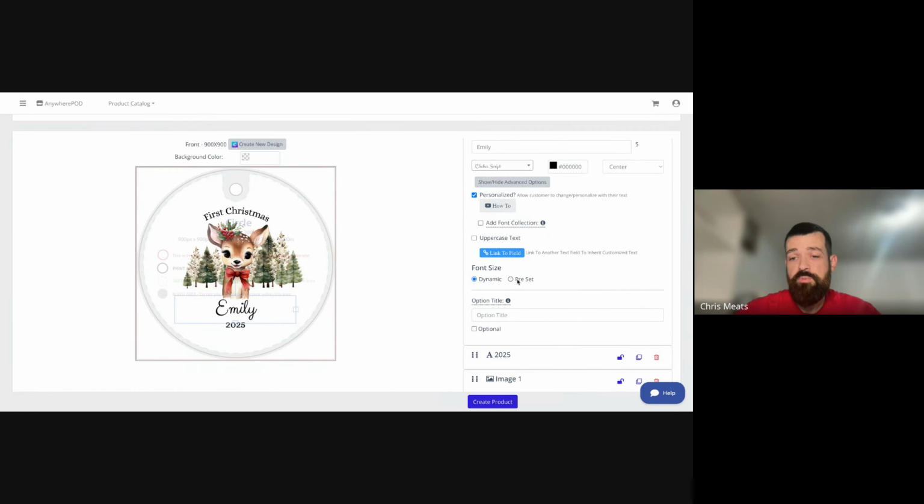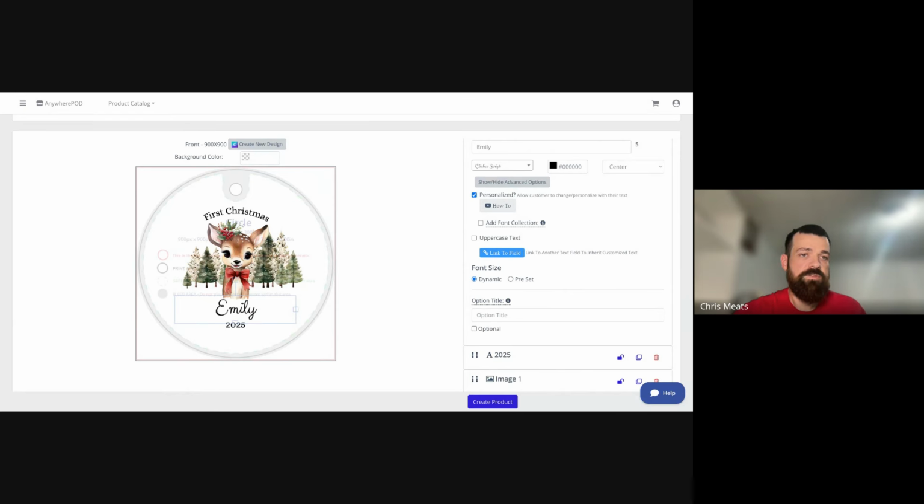You can set that to preset if you want to. That's up to you. Sometimes you want a preset size with a limited number of characters so that your font size exactly matches other elements in your design. You can do that here as well. Overall, if you're adding multiple different designs or variations, we'll get into showing how to do variations in a little bit, how you can add multiple design variations very easily onto one listing. But if you're doing that and you want to make sure that you have the same layout and maybe you're just changing a graphic, but you need everything to stay the same size, one of the things you'll notice,